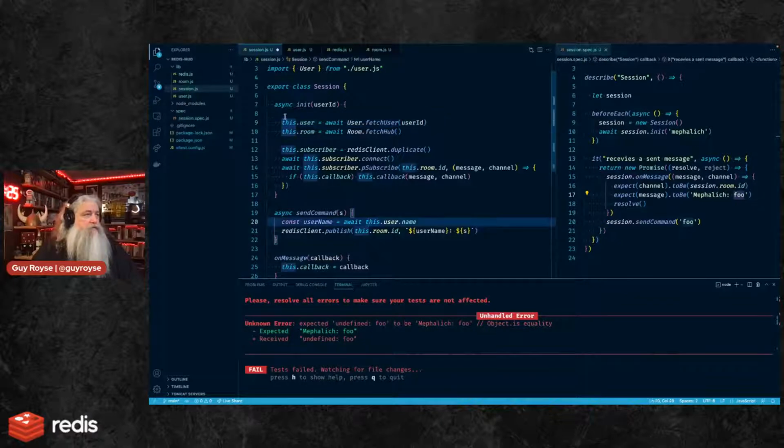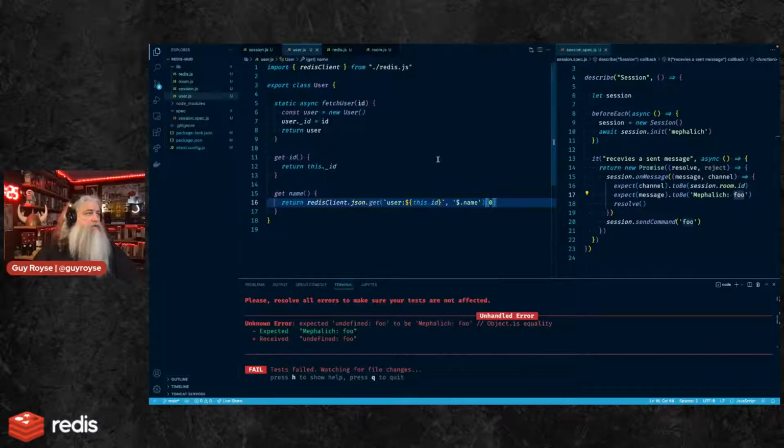Is this.user.name? What happens if I get the promise instead? That still is undefined. Okay, so user.fetchUser, static async fetchUser. I'm awaiting that.